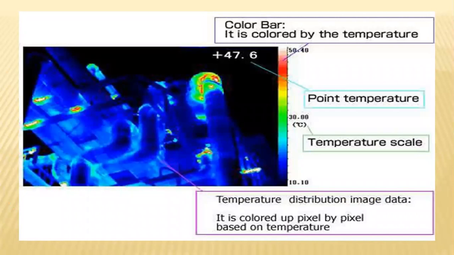From the color bar, it can identify different temperature zones and the defect areas upon distribution of these infrared rays, which we will be discussing.